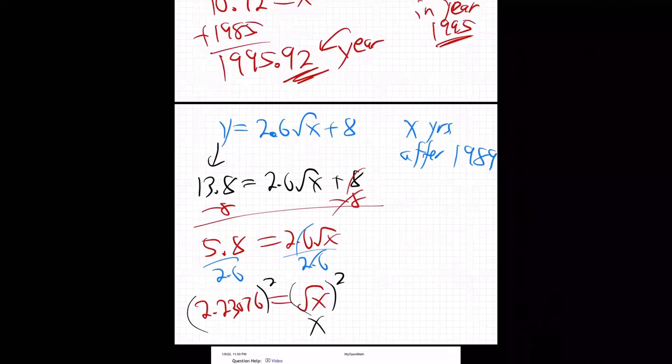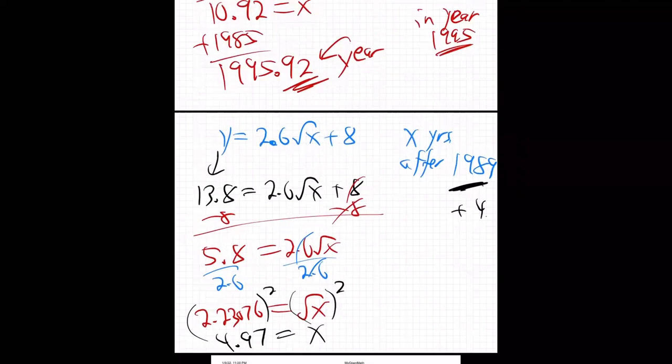And I get x equals 4.97, like you said, 4.97, and that was years after 1989. That's what yours said. So if you add the 4.97, so plus 1989, because that's years after 1989, I get